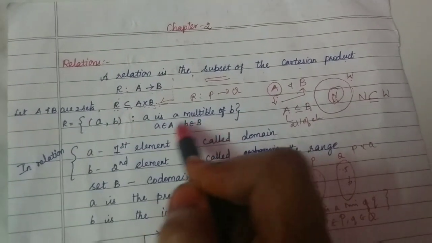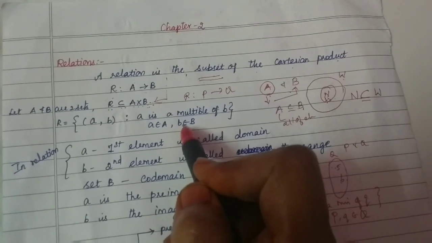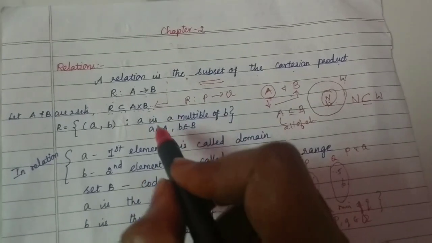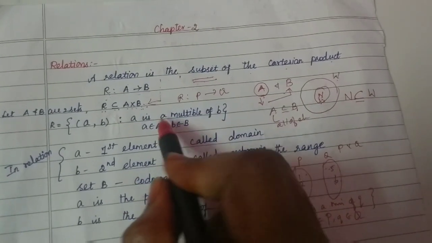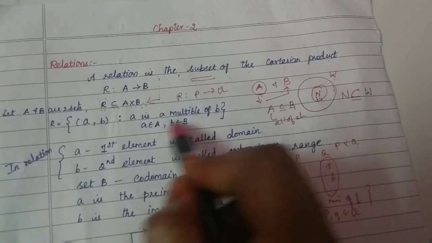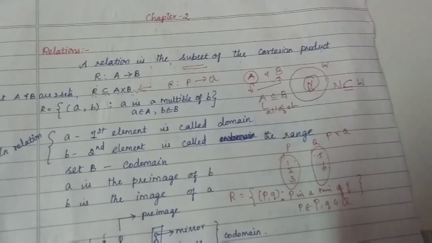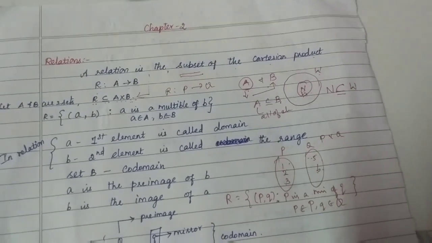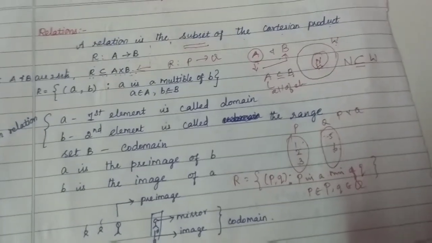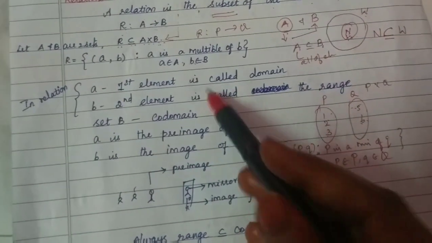Now this is an example of how to write it. This form is called set builder form. There are two forms. If you are writing in terms of numbers, that is roster form. If you are writing in terms of expressions, that is, words, that is called set builder form. Before moving on to how to define a relation, we should know what the elements in set A and set B are, which I have explained here.